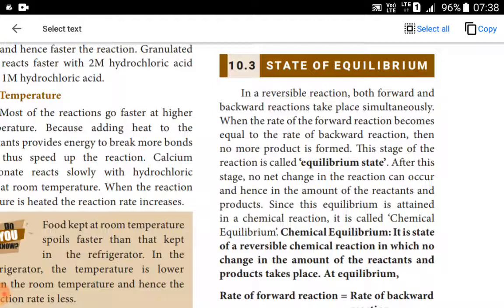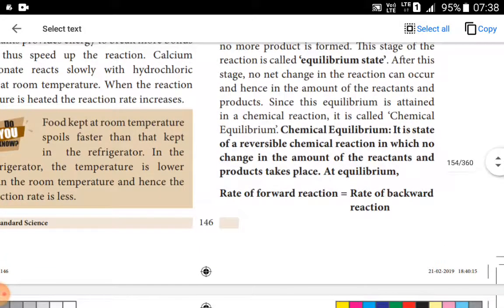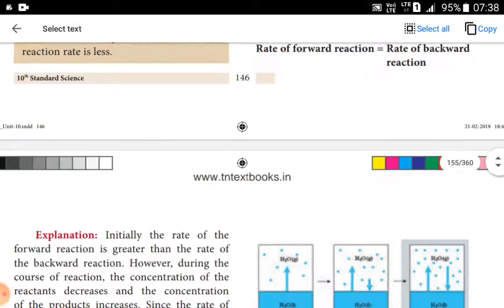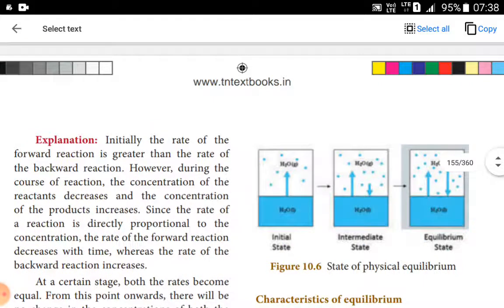So that's why it is given that the rate of forward reaction is equal to the rate of backward reaction at the equilibrium state. Then a simple explanation is given. Initially the rate of forward reaction is greater. Normally when the reactants combine, they combine at a faster rate to give the product. That is, the forward reaction is faster at the initial state